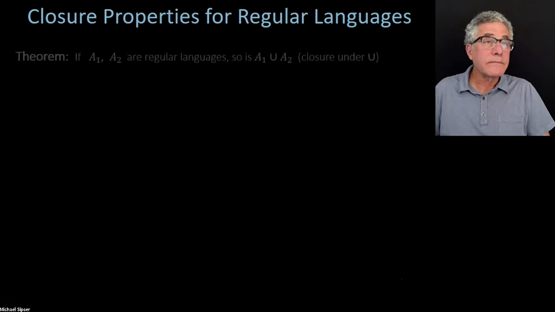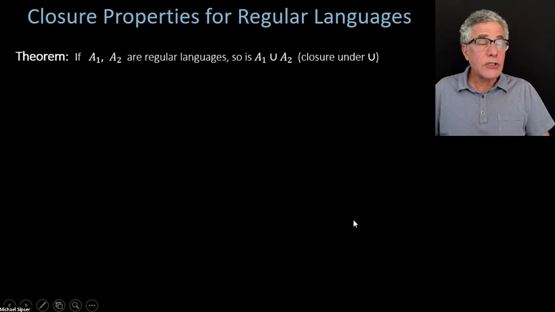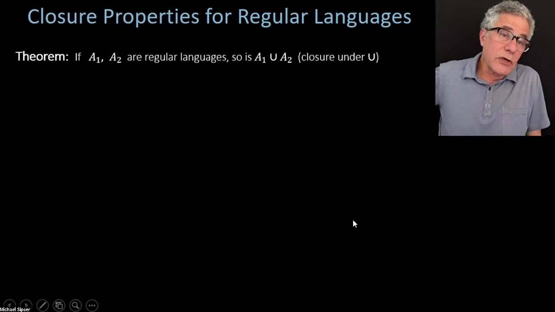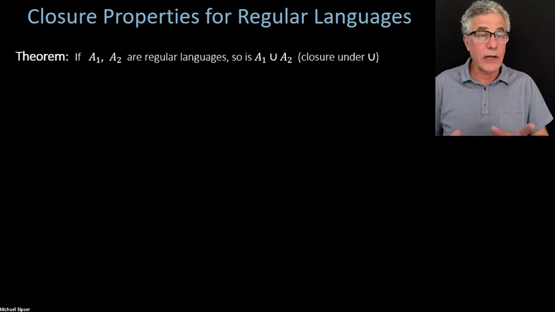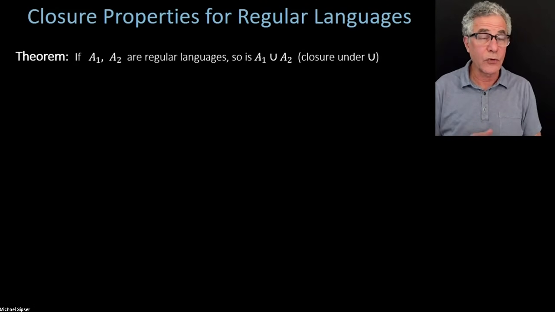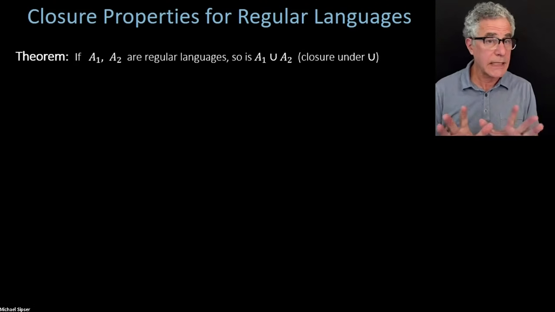Okay, let's move on. Let's talk about closure properties. Now we're going to start doing something that has a little bit more meat to it. We're going to have our first theorem of the course coming here. This is not a baby theorem. There's going to be some meat to this. This is not a toy. We're proving something that has real substance.